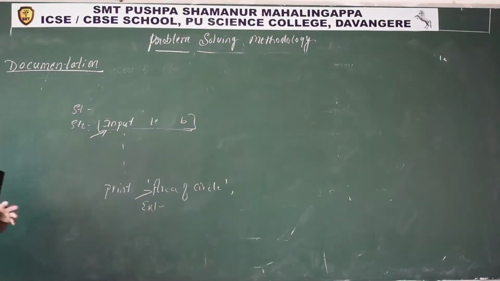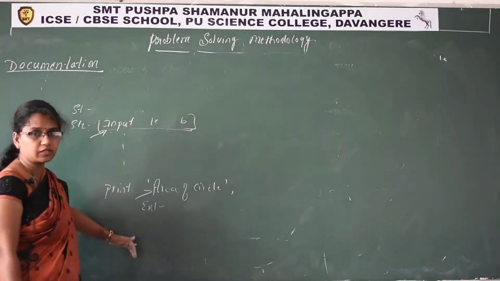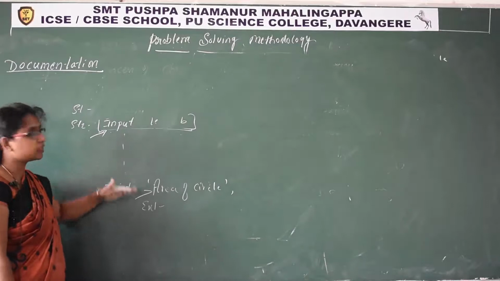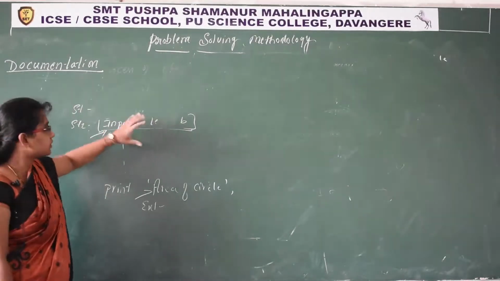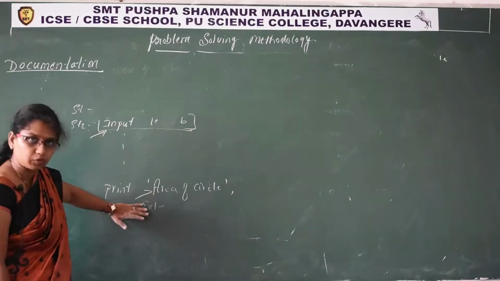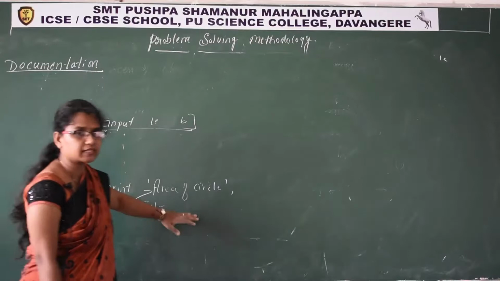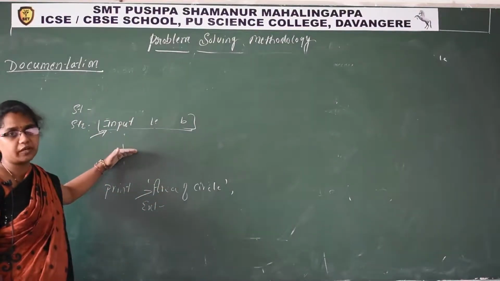I hope you are understanding a little bit about documentation. So while giving a solution, while writing each and every step, we have written the explanation about that step. This is the input part, this is the calculation part, and this is the output. Isn't it? We are displaying this. This explanation about each step, we call it internal documentation.